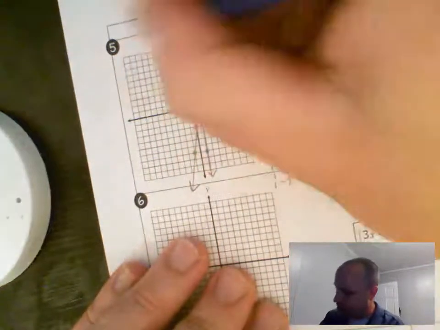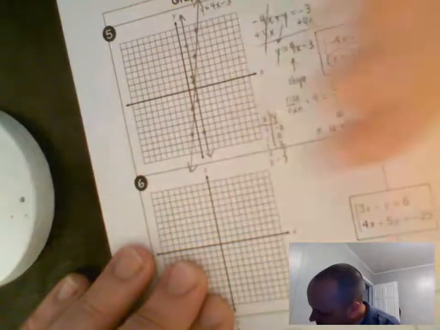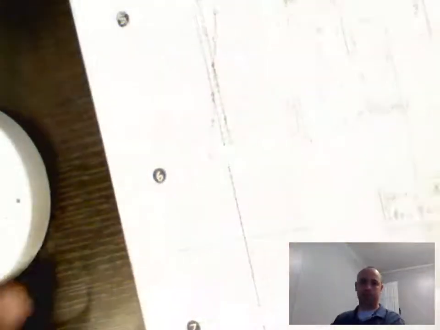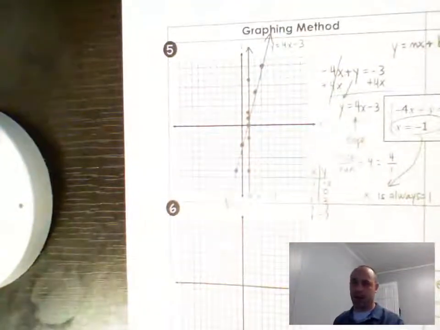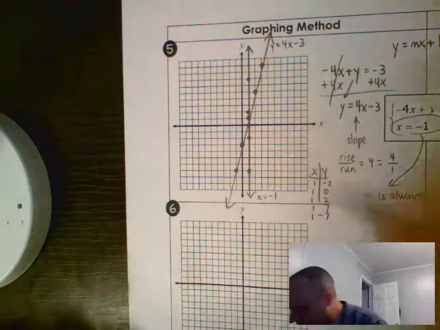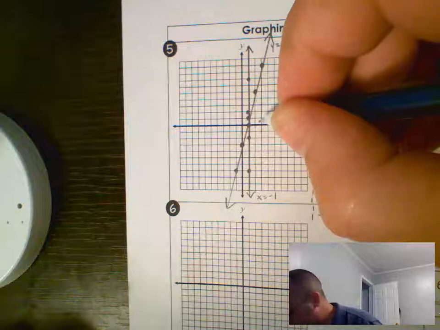So now you have your other line, okay, and this would be your line x equals negative 1. So now I have my two lines, and the way we find the solution is where those two lines meet, okay? And in this circumstance,